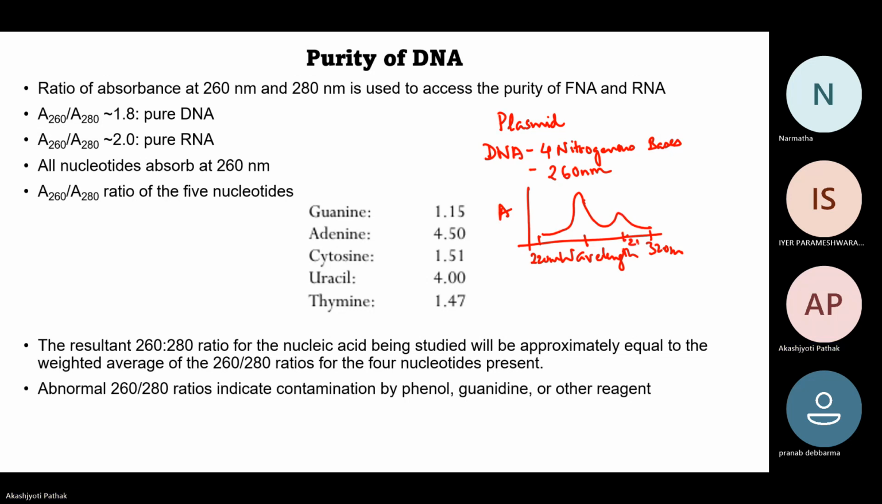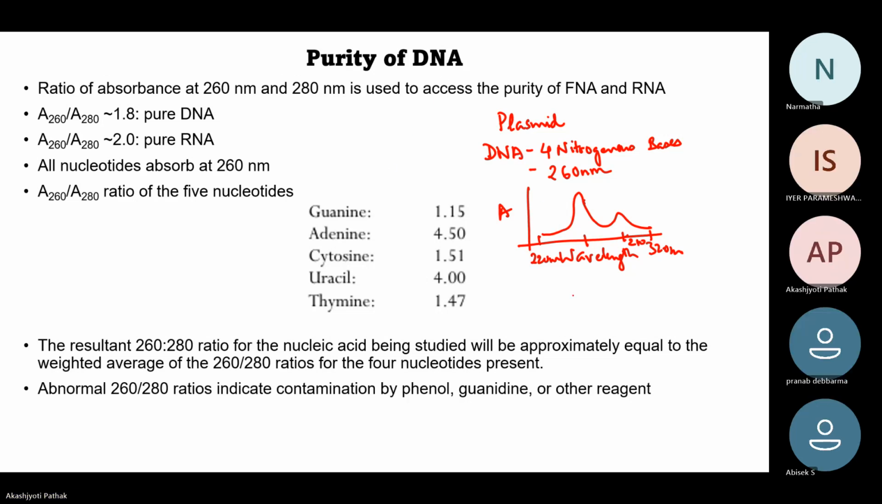Okay. So these points are covered in your lectures. So at 260 nanometer, these nucleotides or nitrogenous bases absorb very strongly. And at 280 nanometer, which biomolecule absorbs strongly? Protein molecules, right? So the protein molecules absorb very strongly at 280 nanometer and DNA molecules absorb strongly at 260 nanometer. Okay, so if we take the ratio of absorbance at 260 and 280 nanometer,